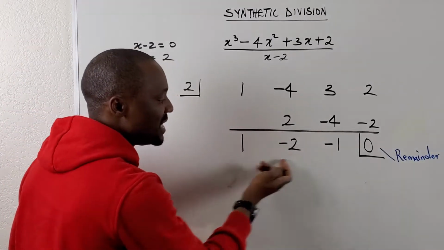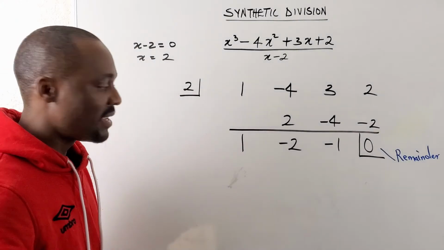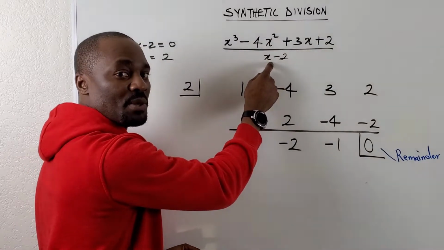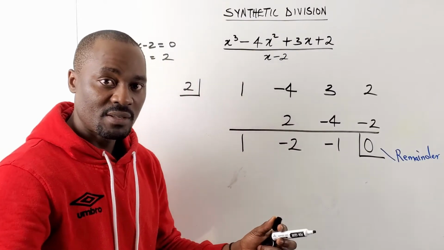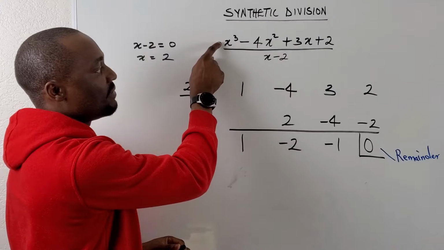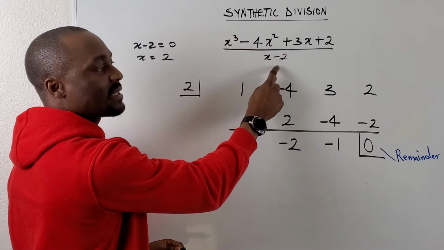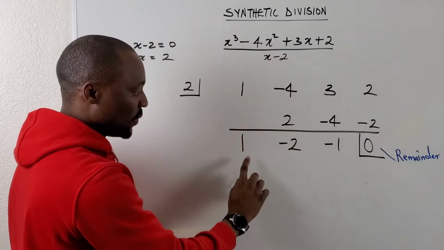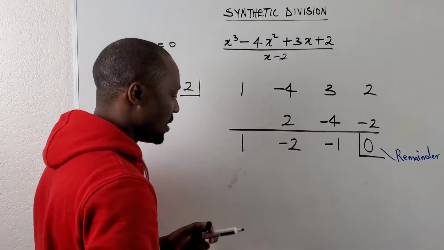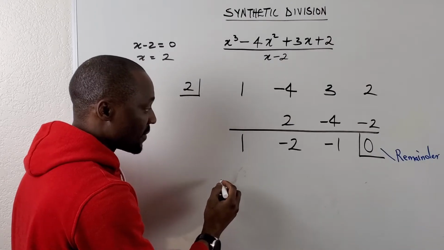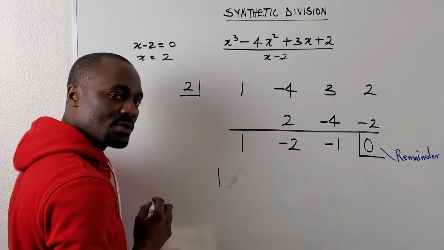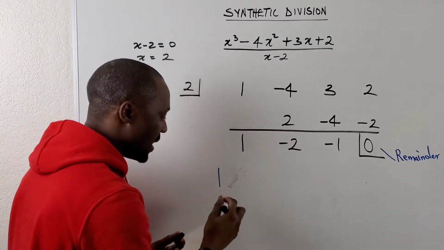Now, what does this mean? This simply means that when you divide this polynomial by this polynomial, you're going to get a quotient. Okay, the quotient is definitely, because you've divided x cubed by x, you're going to have x squared. So this term is going to be just 1 term lower than this term. So your answer here is going to be 1x squared. Okay, I'm just going to write the 1 so you get it. It's going to be 1x squared,